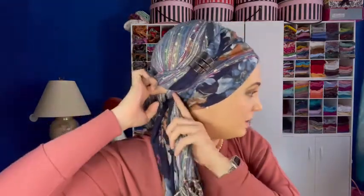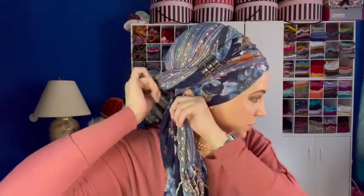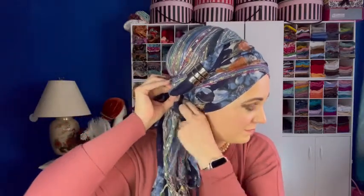I think it's adorable. Also, if you didn't want to tuck in the pieces, let's pull these out. Let's see if we can do this without messing up the whole wrap. Come on, my friends. Found you, found you. Okay, so you got it to this point, and you wanted all that down as tails. So there's a channel right here in between the New York Bright and the viscose scarf. I'm just going to push those two tails through, and bring out